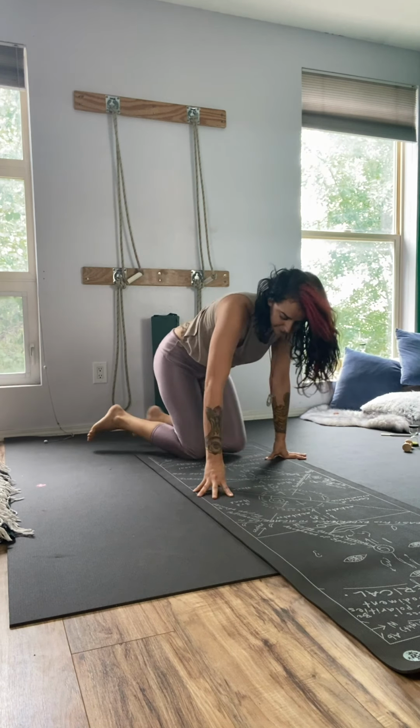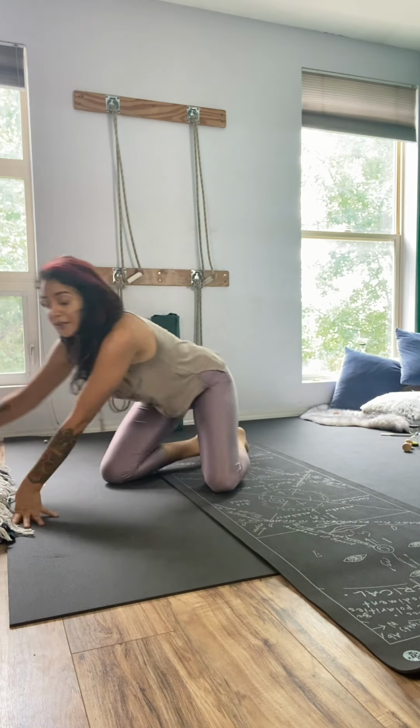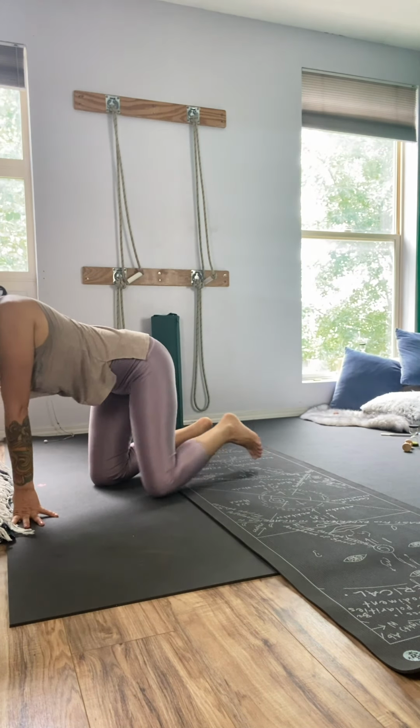Take a breather. Child's pose. Hero's pose. Okay, so for all of us in our sequence, we have